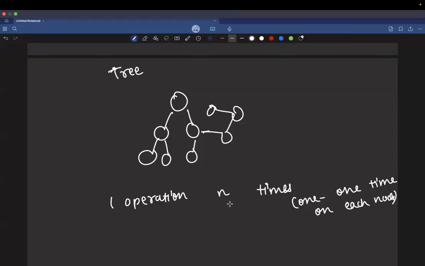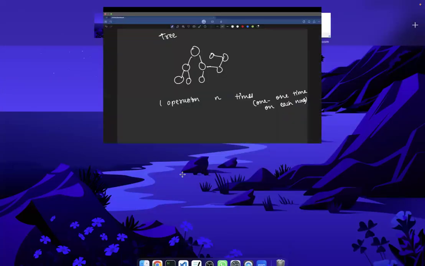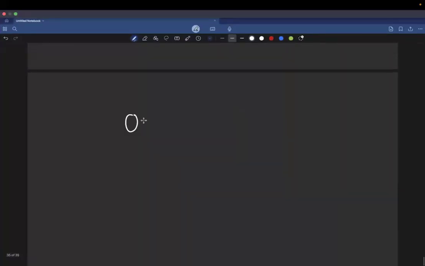So we can apply this operation. Now in one operation, what will happen is, let's say you had a tree like this having four nodes. This node was having a magnet, this node had a magnet, this node had a magnet, this node had a magnet. And in one operation, you will have to choose a node and you will place an external magnet